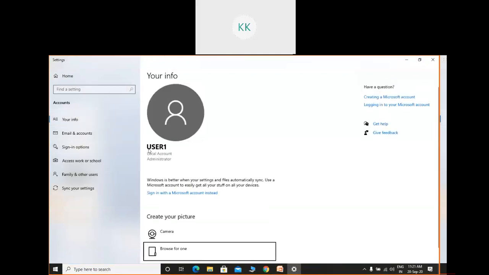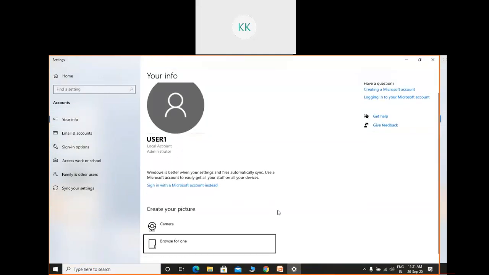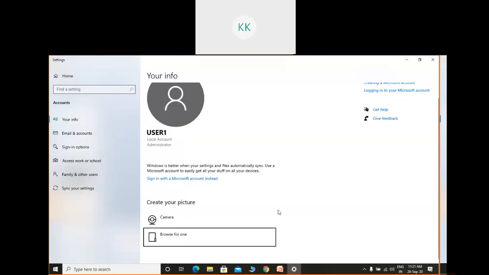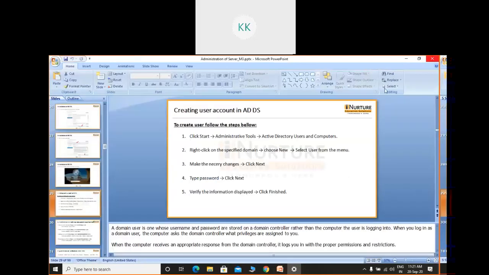My name is this one. Now, what if I want to add more users? There is an option through which you can add a user. This type of user is called a system user. That means whenever you log on as these users, you have to put in the ID name and the password, and all the checks are done locally, in the system itself. That's why it's called a system user.